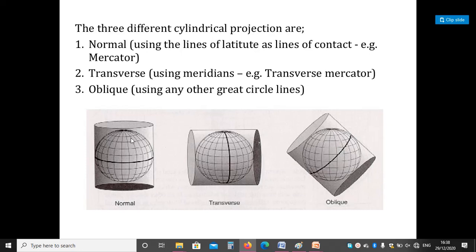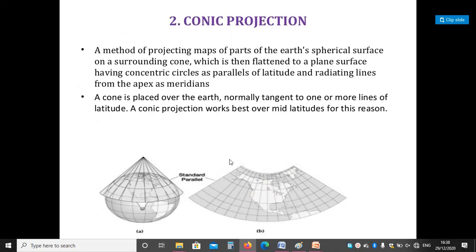Second one, if you observe, the transverse cylindrical projection, which is perpendicular to any meridian, is called transverse Mercator. Finally, if it is tangent to a great circle, it is oblique Mercator. These are the three types of cylindrical projections. Next one,